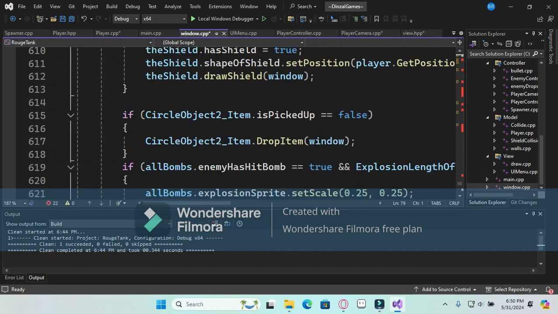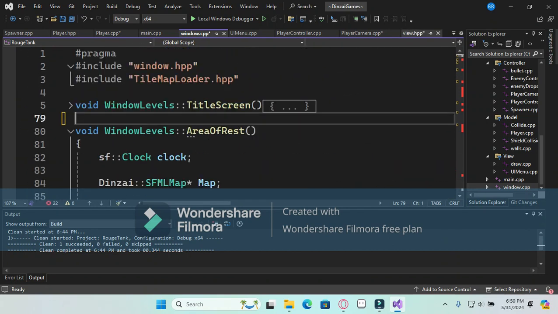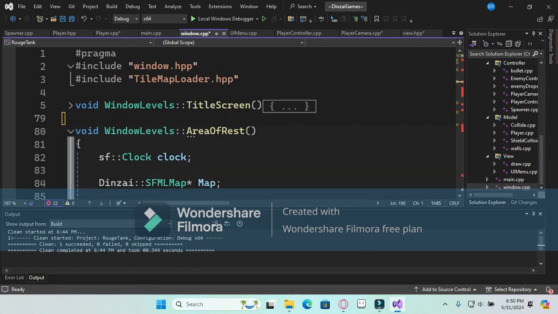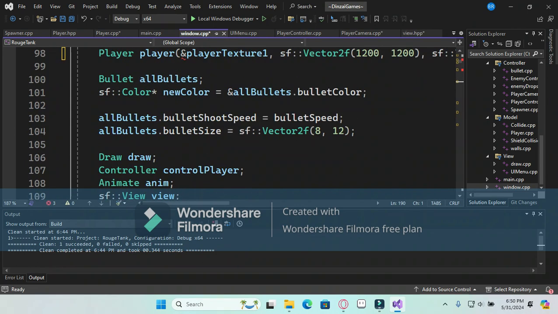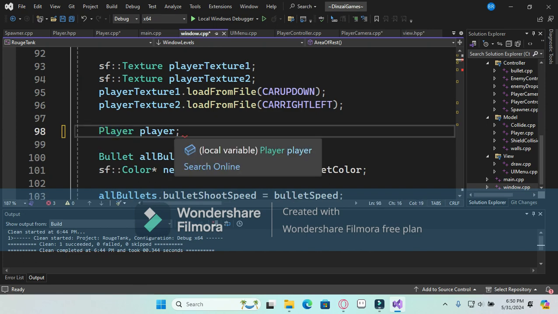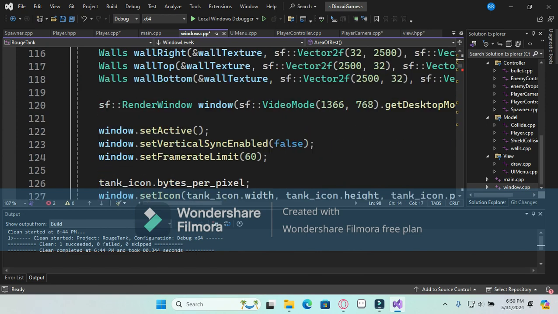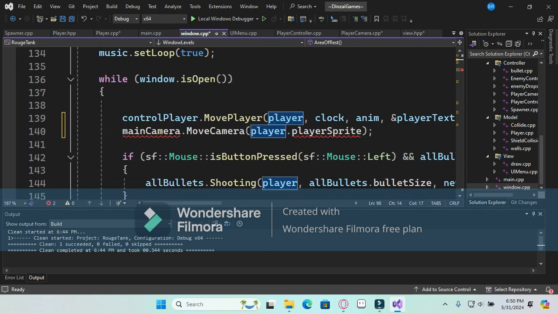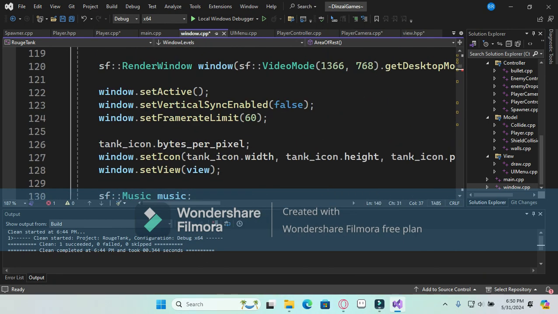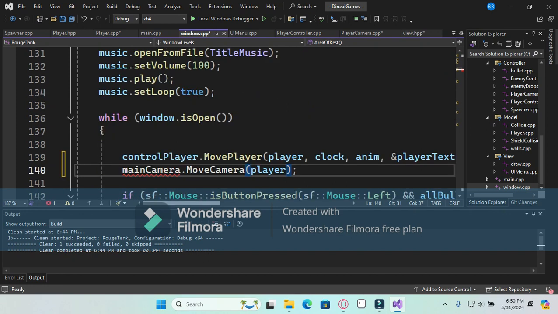Oh, looks like I went a little too far with that, so we're going to come, there it is. Same thing here. Remove the constructor, or limit the constructor. No arguments up there, and then again, this would take only player for moving the camera, but the constructor for the camera would be,